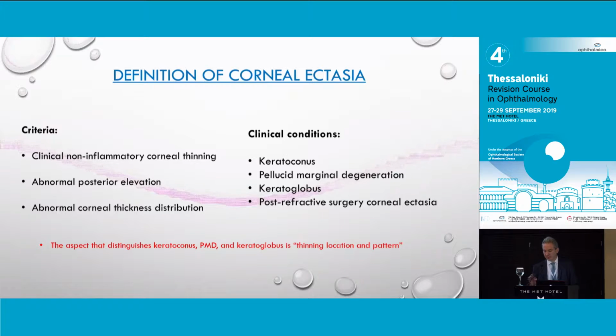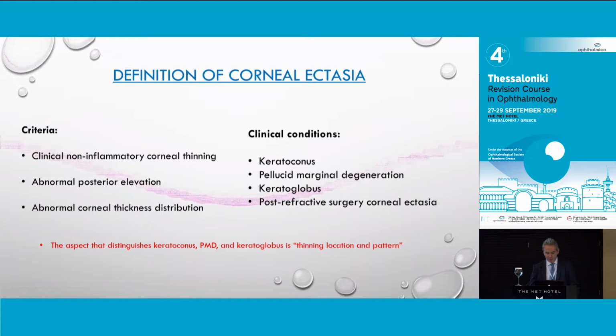The Delphi panel on Keratoconus has defined precisely the criteria to set the diagnosis of corneal ectasia. It has to be clinically evident, non-inflammatory thinning of the cornea, an abnormal posterior elevation, back elevation of the posterior surface of the cornea, and an abnormal corneal thickness distribution. And there are a number of diseases included in the general term corneal ectasia, each having their own characteristics, but also